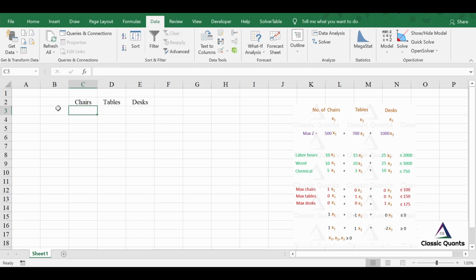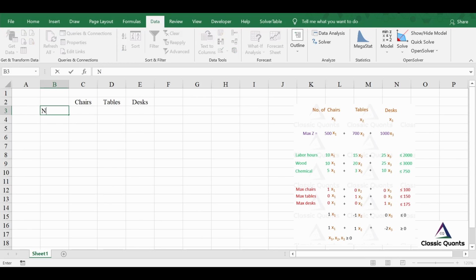Note carefully that you don't have to enter x1, x2, x3 in case of spreadsheet modeling, because the idea is to use as much language as possible here so that the reports that we get will have meaning in terms of language also.